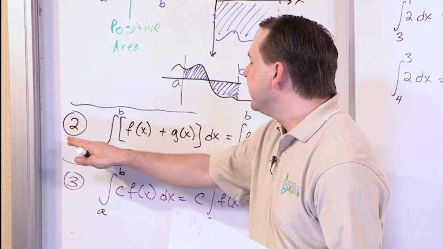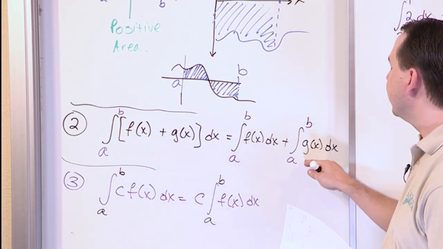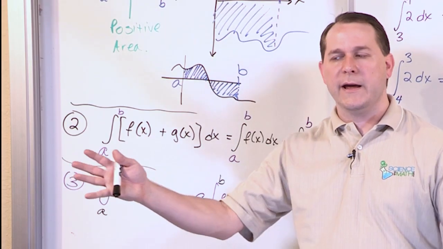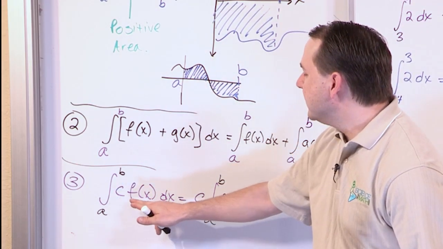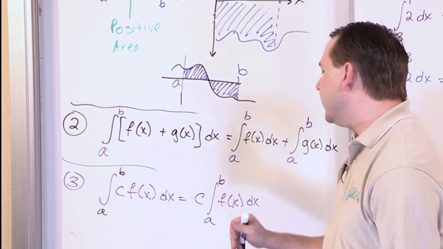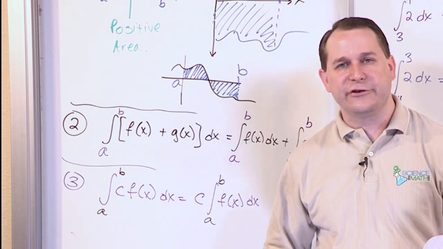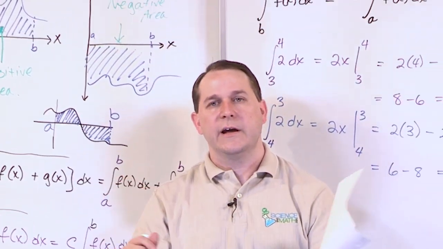The second property says if I add two functions together, then I just take the integral of each function separately and add the results. This is just like derivatives. You take the derivative of each term and you add the terms together. Right? This property says if I have a constant times a function, and I'm integrating that, then I can pull the constant out and then integrate the function. This is exactly like derivatives. If you have a constant times a function, you take the derivative, the constant comes out, and you take the derivative